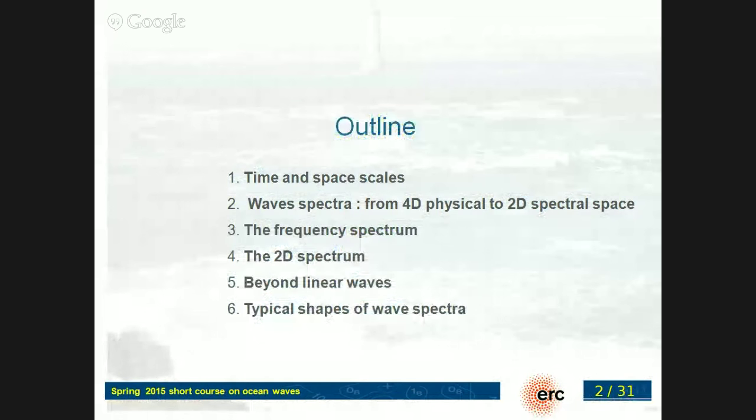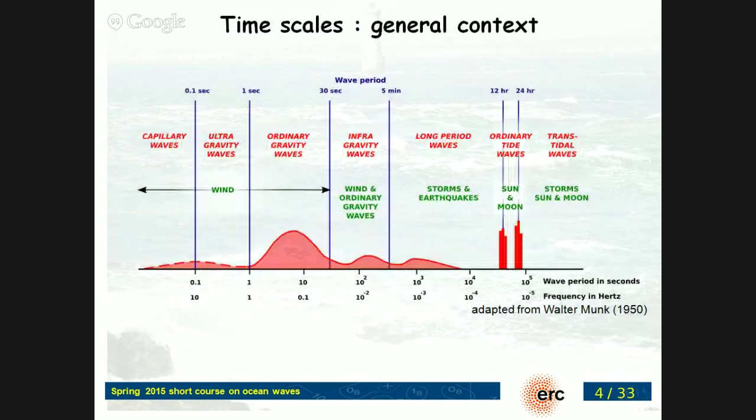All right, so waves we'll characterize with these time and space scales, and I'll go through all that and get into what wave spectra are and what they look like. So I just borrowed this very classical picture from Walter Munk. If you go over different time scales of the waves, going over this axis here, with the wave periods going from a fraction of a second to 3 hours and a day, we have this kind of spectra. It's not to scale, it's just to give you an idea.